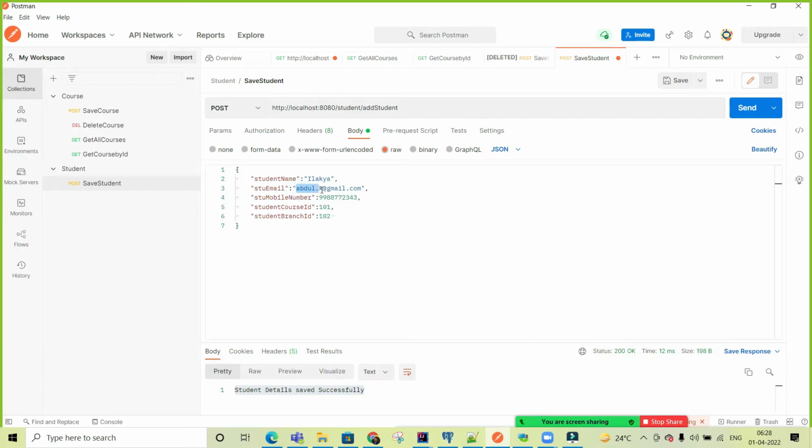Okay, so I am writing lekyat@gmail.com. Is it correct? Mobile number I am not entering. Okay, that's fine. I'm inserting these 3 details.